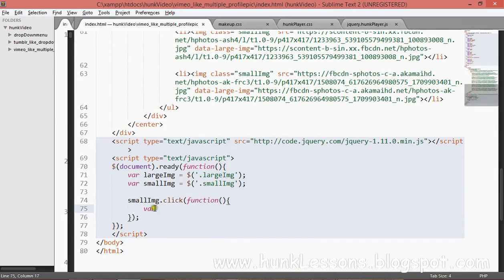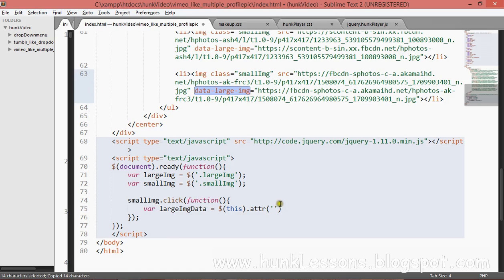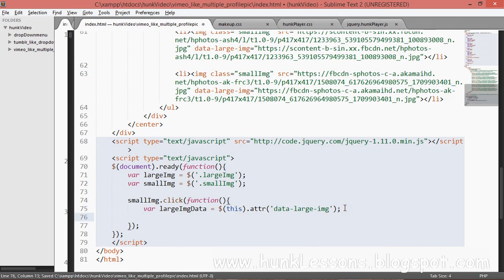Okay, whenever the small image is clicked, we will make a variable large image data, and set it to $(this).attr data-large-image. Now you have got why I have used data-large-image. Okay, and the data is stored in our variable large image data, and we will put that variable in the large image.